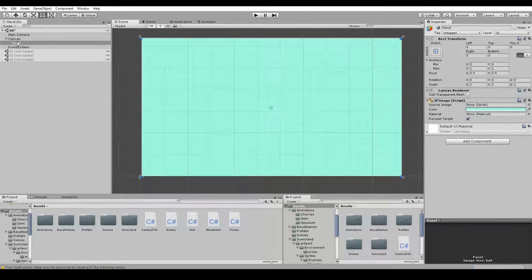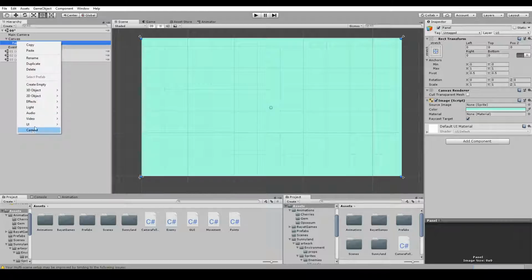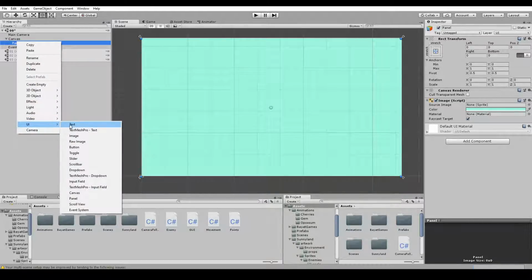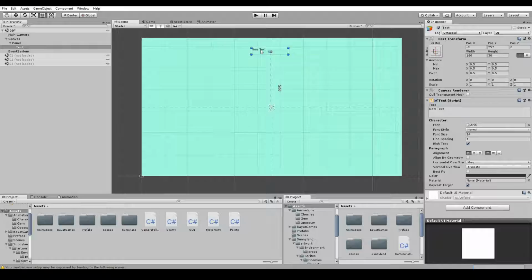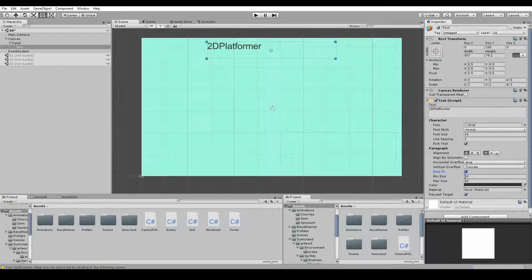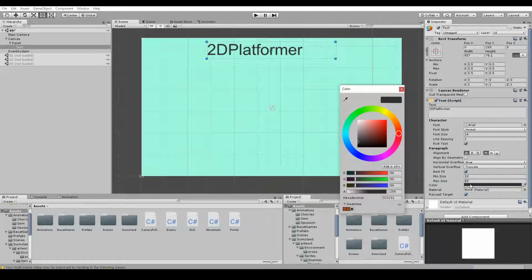Let's give it some text over here. So we can just hit on panel, go right click, UI text, and create the title over here. Let's make it big enough and just name it whatever your game is called. In my case, this is a 2D platformer. We can give the best fit. We can just increase the maximum size to like 80. Change the color if you want. I want it to be